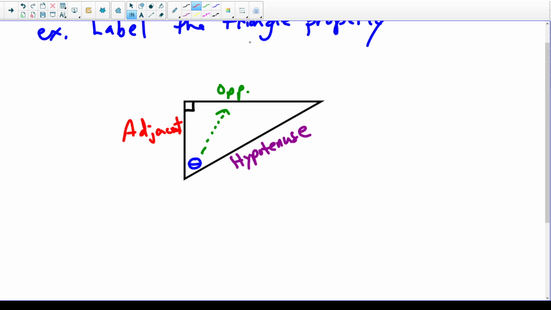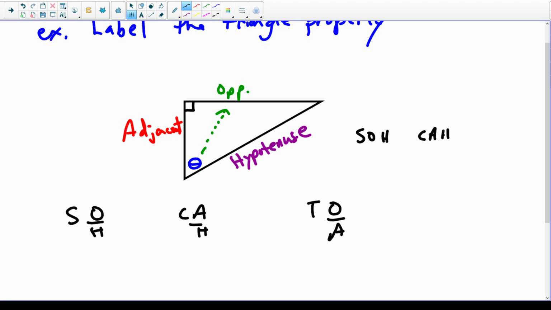And the reason we need to know that is because of SOH CAH TOA. Now, I write SOH CAH TOA a little bit differently than textbooks do. I don't like writing it the way they do because, and I'll explain in a second, usually textbooks write it this way, and I've had some students think that that means that everything is multiplying. Alright, SOH CAH TOA is a division,